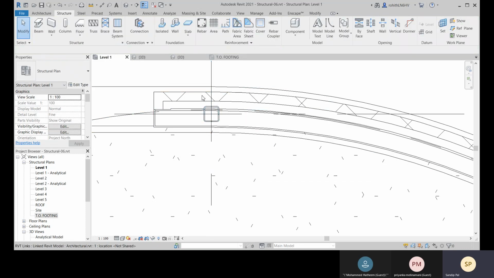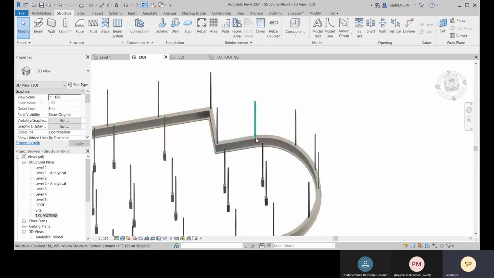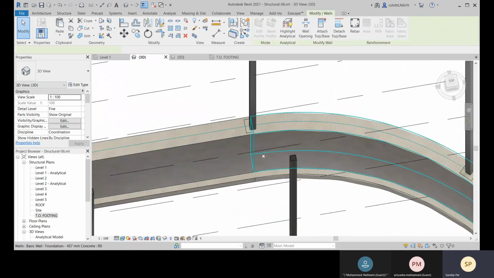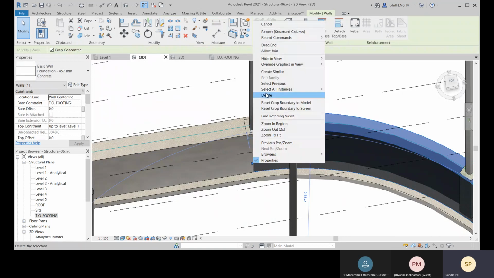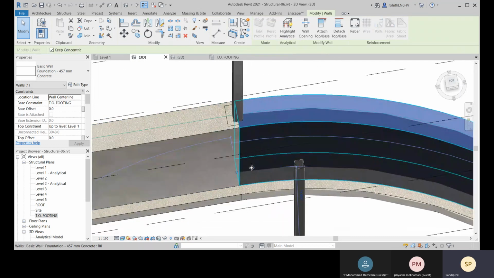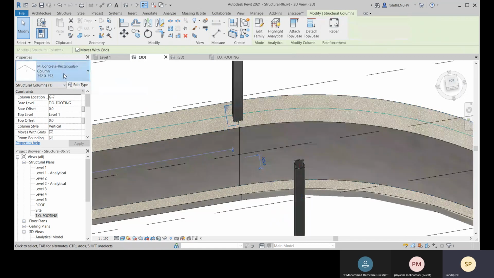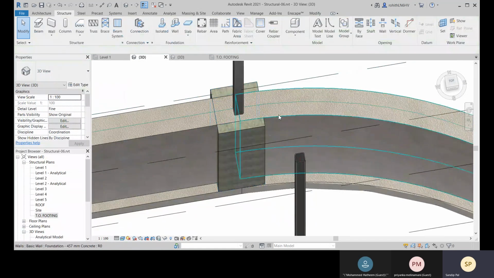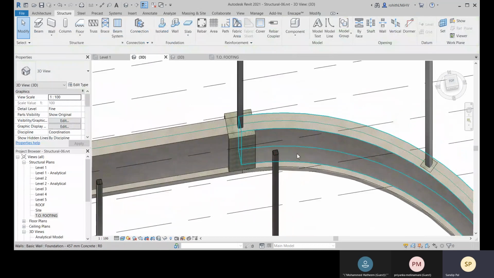Okay, come to 3D, and there you can check. Okay, so this one will be right. Yeah. Now it's fine.